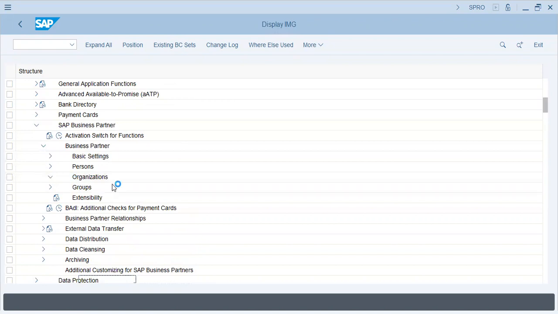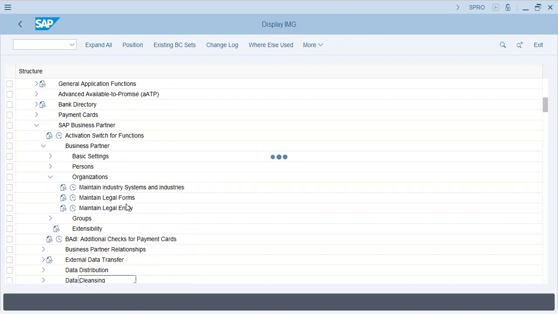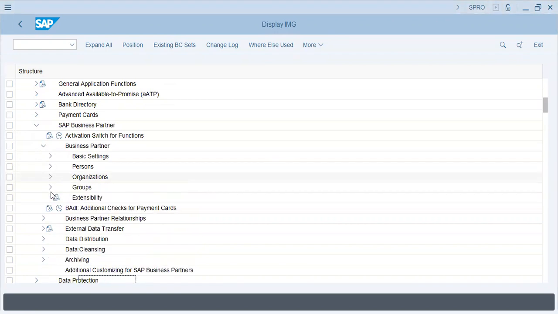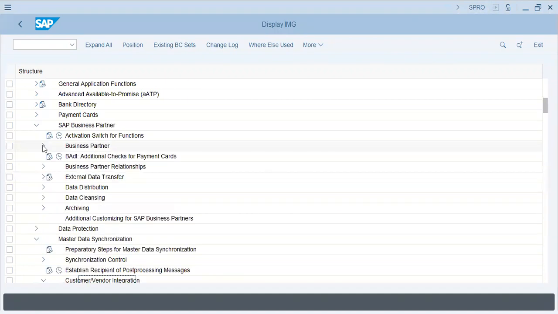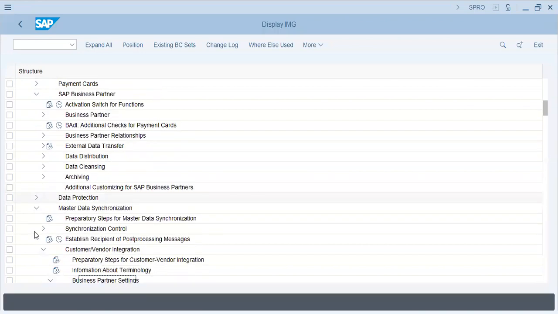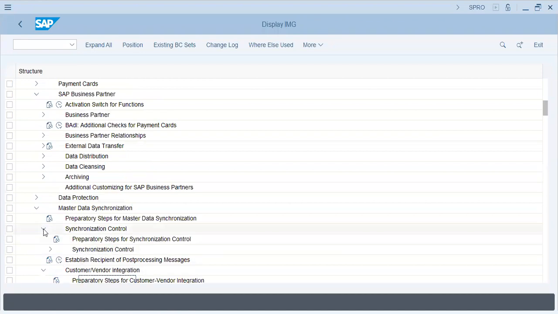Organizations. Because synchronization. So